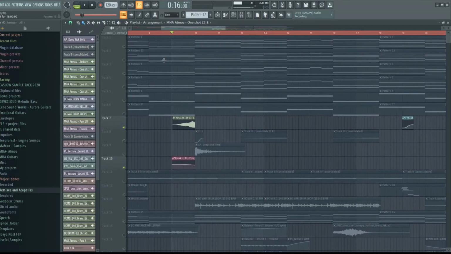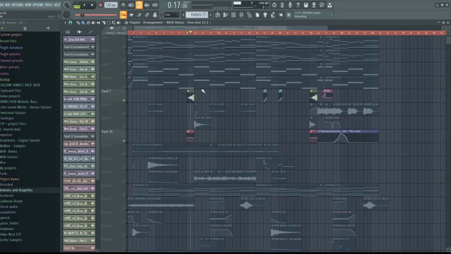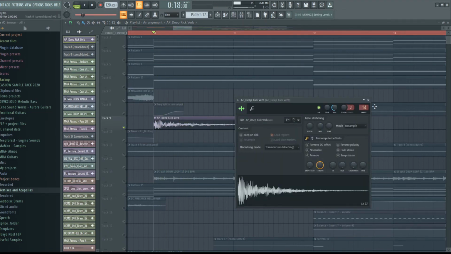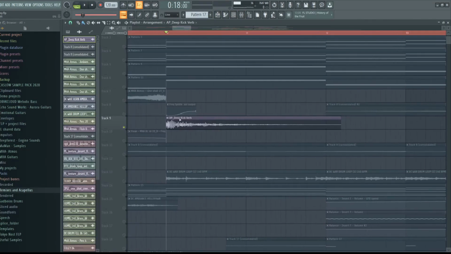Then when we go into the second part of the chords, we get this deep kick reverb. It sounds like this. It's just a normal sampler. I think I didn't really tweak it. No, I did not. And with it comes this